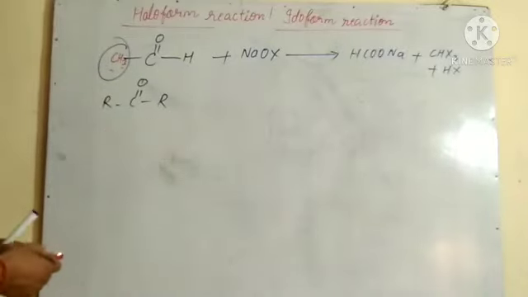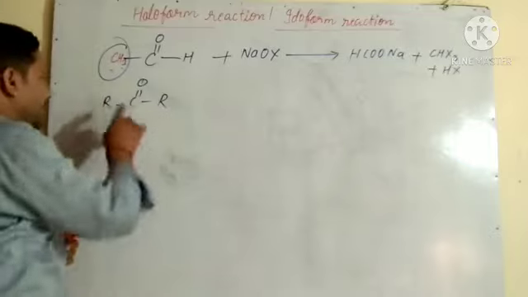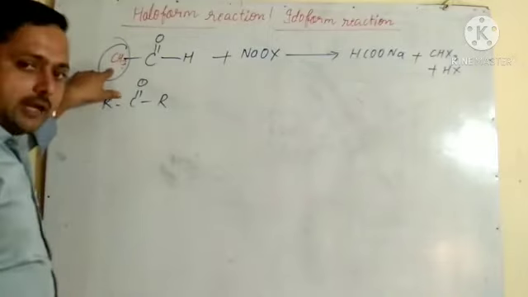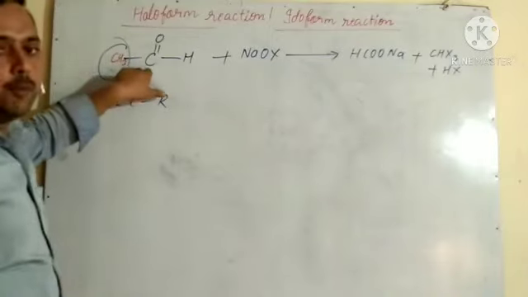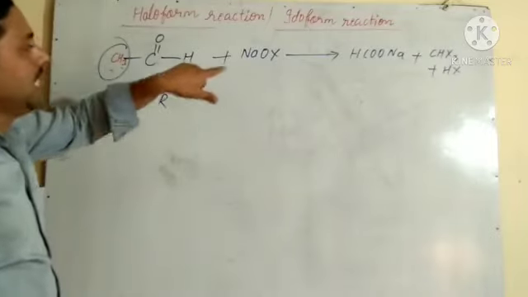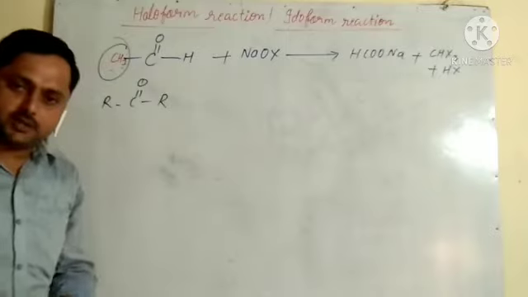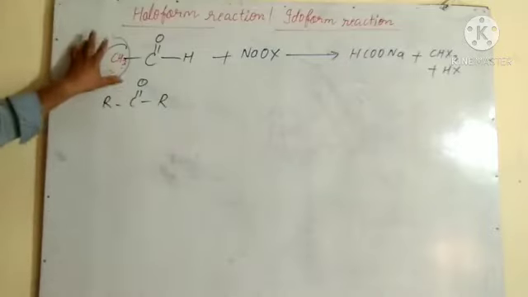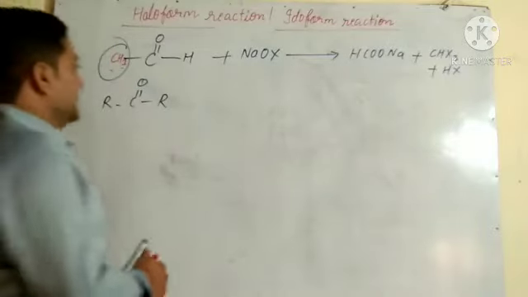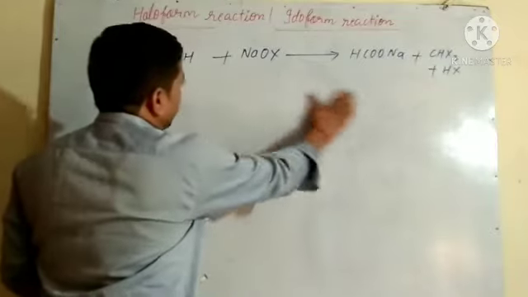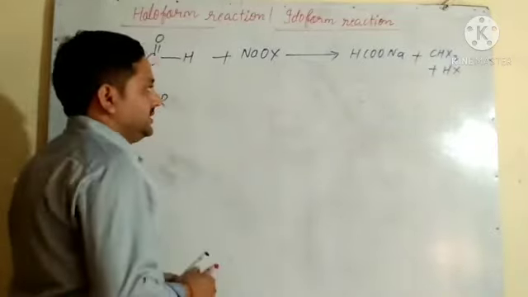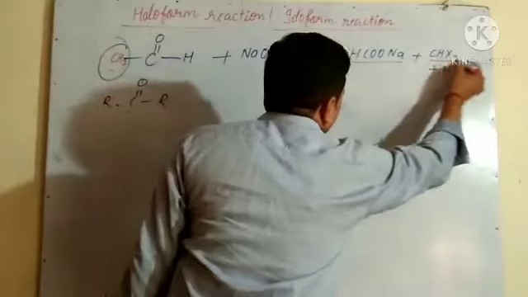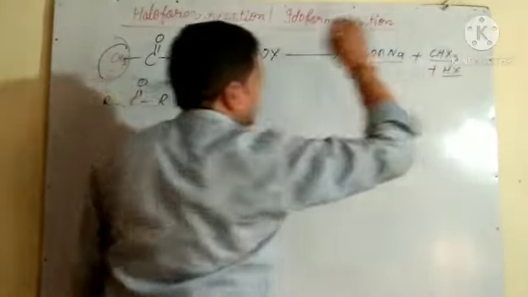Okay. So a carbonyl compound in which an alkyl group is directly bonded to the carbonyl carbon undergoes haloform reaction. And what is haloform reaction? When a carbonyl compound in which an alkyl group is bonded to the carbonyl carbon reacts with sodium hypohalide, it oxidizes to acid, haloform and hydroxyl halide we can say.